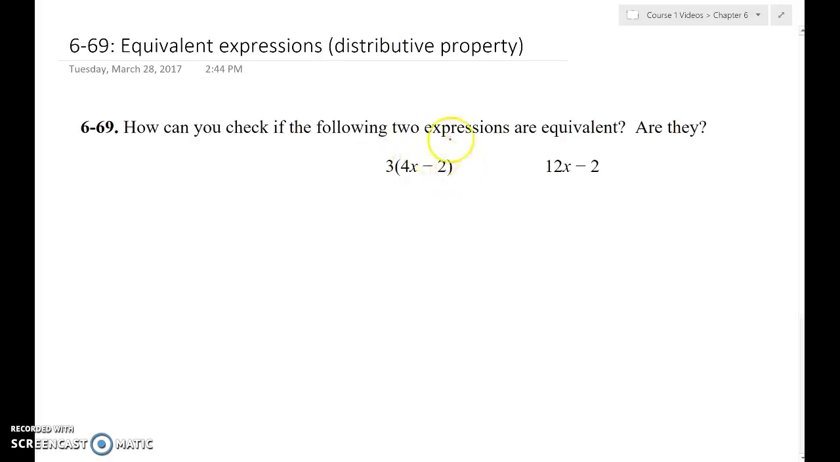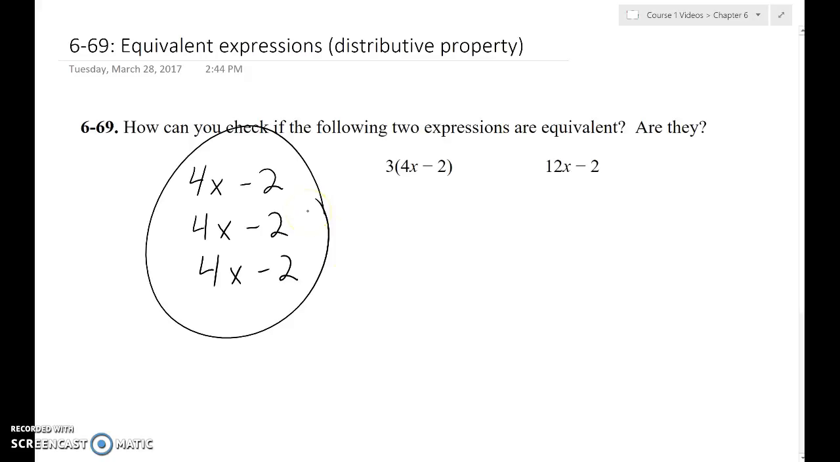So I'm just going to draw out what that looks like. So I've got 3 4x minus 2's. Here's a 4x minus 2. Here is a 4x minus 2. Here is a 4x minus 2. I have 3 4x minus 2's. The other way that looks is if you